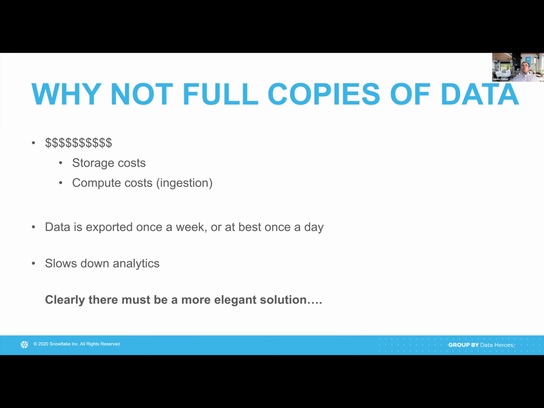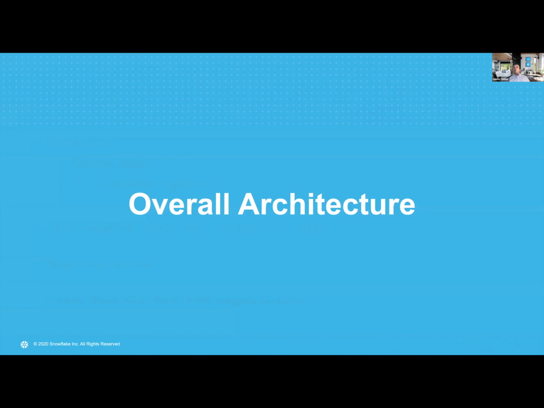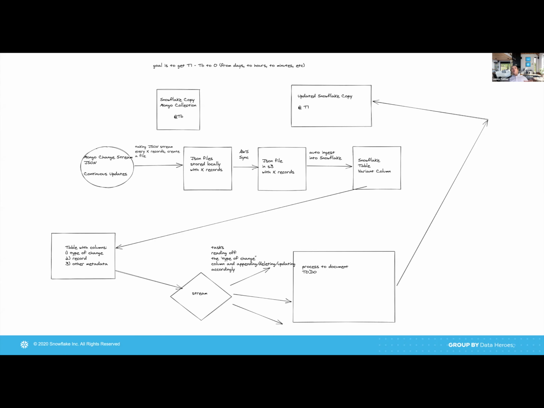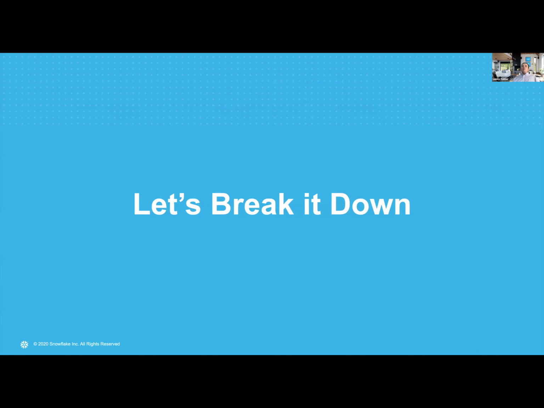And that comes with a feature called Mongo ChangeStreams together with Snowflake. So I just wanted to go over the overall architecture. Here's a sketch of how it all works, right? And there's a lot of moving pieces here. There's Mongo pieces, Snowflake pieces, and I think it'd be best to just break this whole thing down into each individual component, and then we'll put it all together in a logical, cohesive fashion. So breaking it all down, first I want to cover Mongo ChangeStreams.